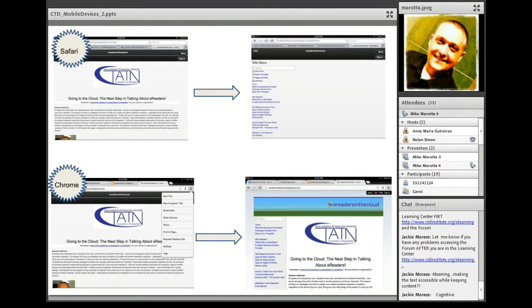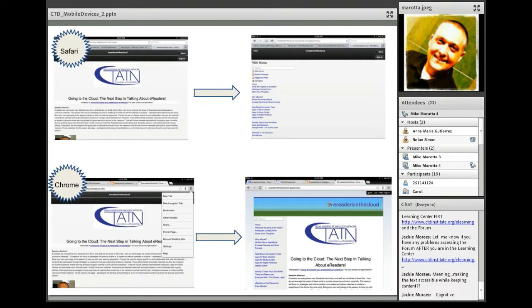The first 2 pictures on the top are what the site looks like in Safari on an iPad, which is fine. It looks a little different. On the left-hand side, it's just basically the text of the page, but no navigation. When I click on the navigation, I get the picture on the right-hand side, which is fine. Now I have the navigation on the left, but I don't have the text of the page anymore. So if my student is struggling to understand where to go in the steps of the process, that could become